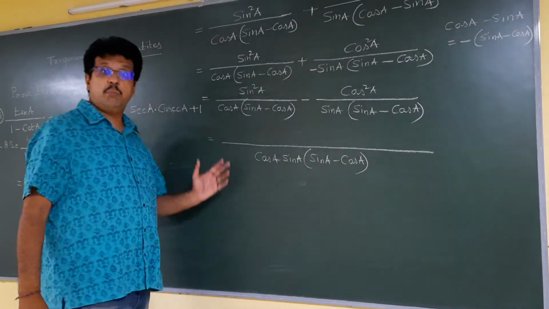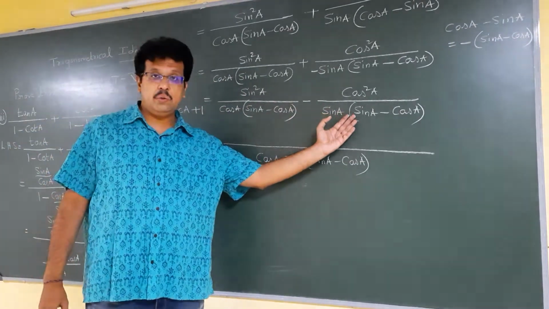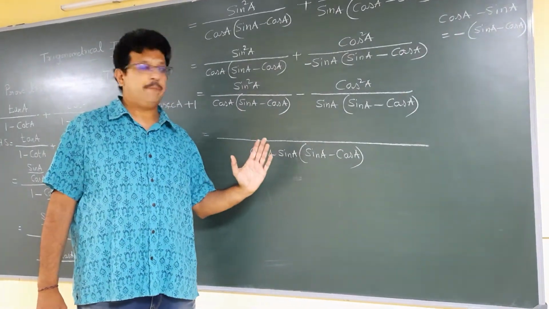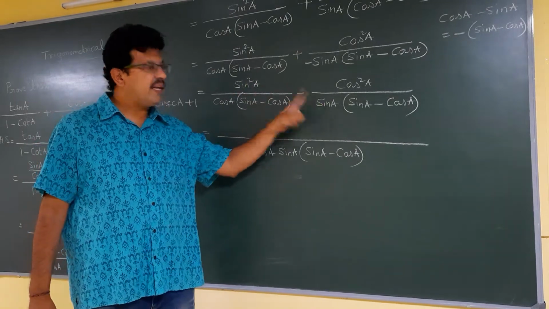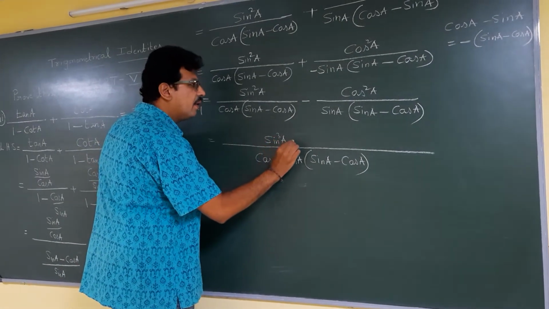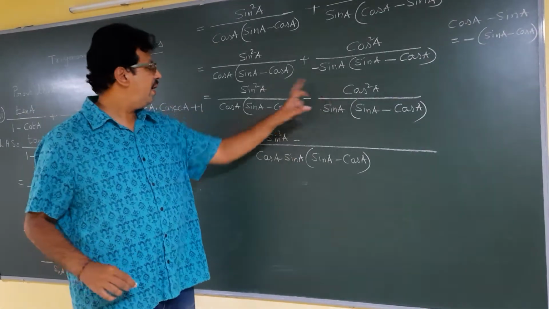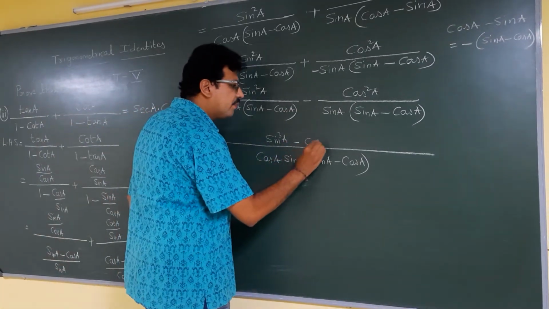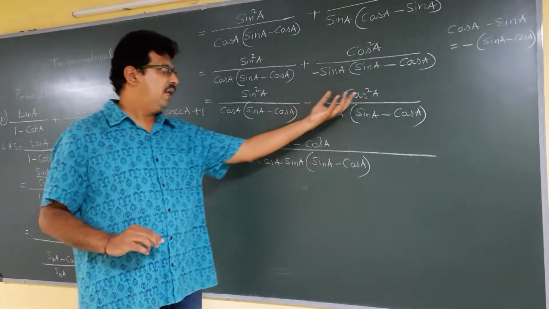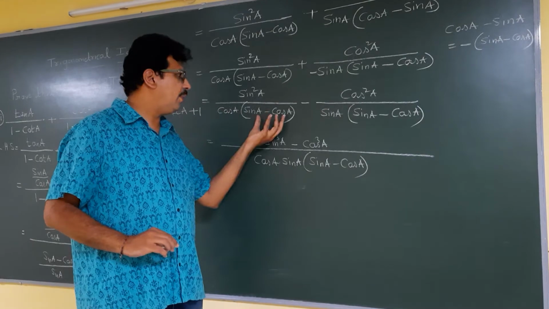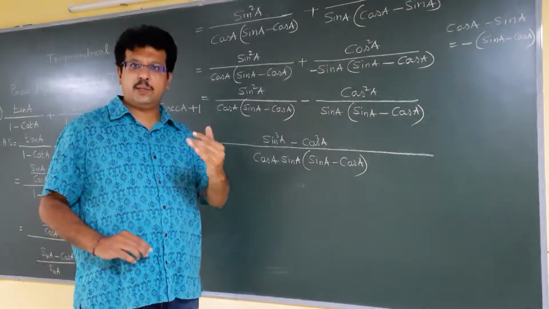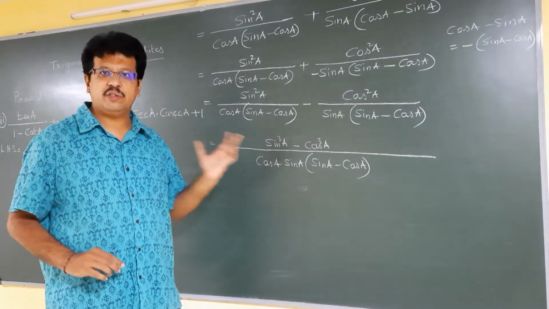So this is a very important step. What you are going to do is take the LCM. You should solve the LCM part properly. Then sin square A into sin A is going to be sin cube A minus cos square A into cos A, which is cos cube A. This is called the LCM. We are taking the LCM because sin A minus cos A will get cancelled, so you will get cos cube A. I think you are clear with that LCM concept.